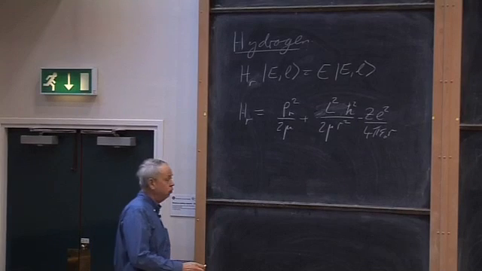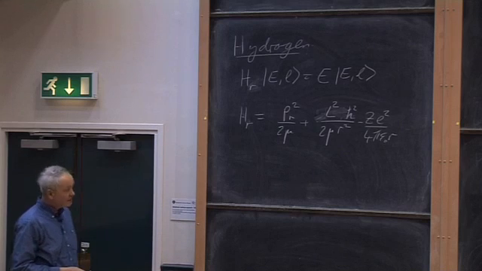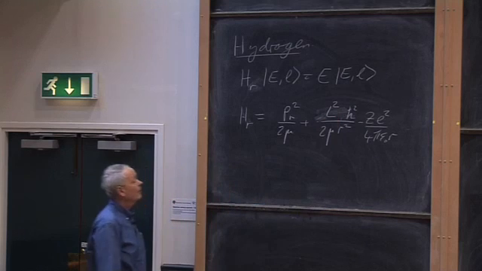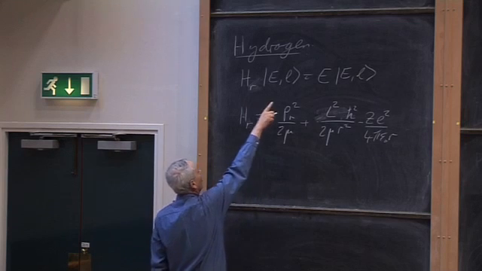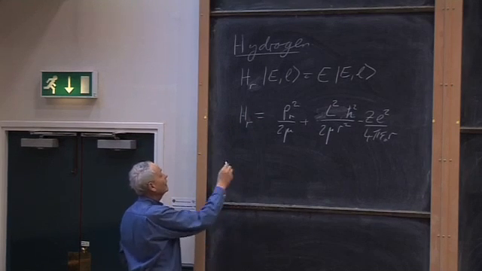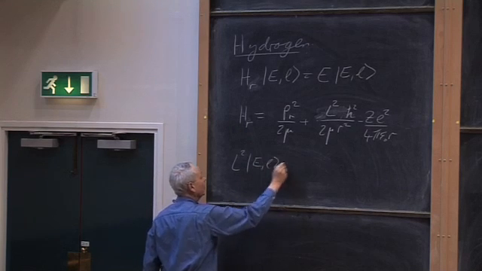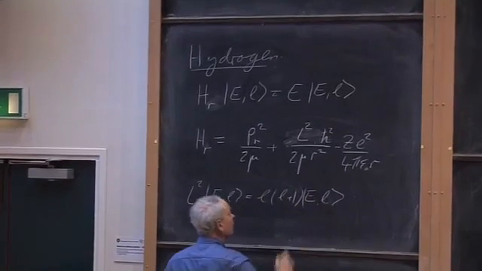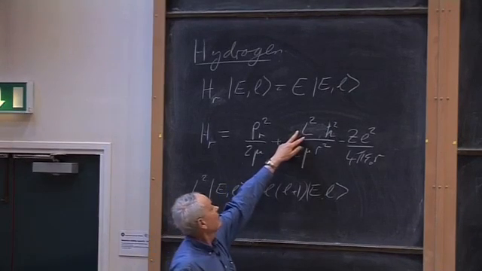Right, and then I pointed out that this Hamiltonian commuted with the angular momentum operators, because the only mention of the angles theta and phi sits inside this total angular momentum operator, and therefore we can seek stationary states. There's going to be a complete set of stationary states which are simultaneous eigenfunctions of E and L. Right? So we will also have the statement that L squared on E and L is equal to L(L+1), E and L. And then when we're using these stationary states, the action of this operator will be replaced